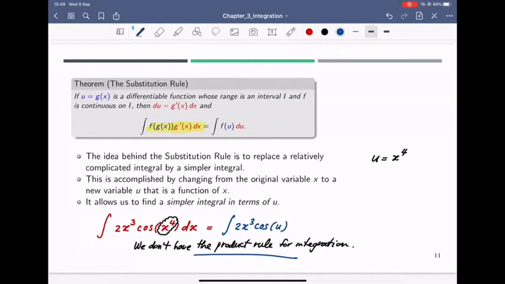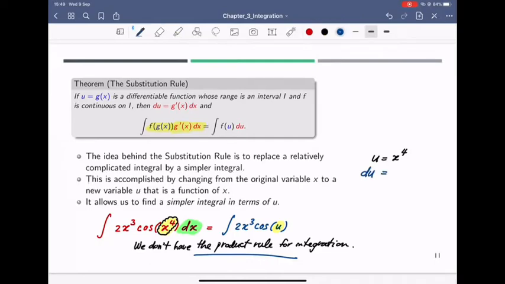Because I just switch my x to the 4th power to u. And then once I have u here, what does it mean if I change x to the 4th power to u? So how does my dx switch? Let's think about the substitution here. So you have u equal to x to the 4th power. If you want to find du,